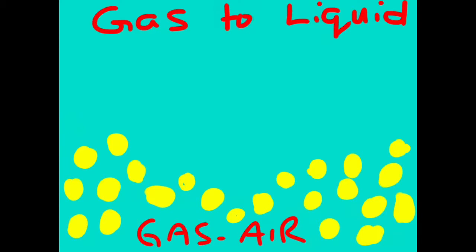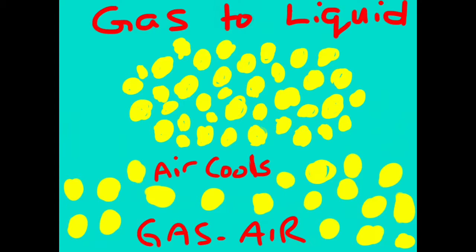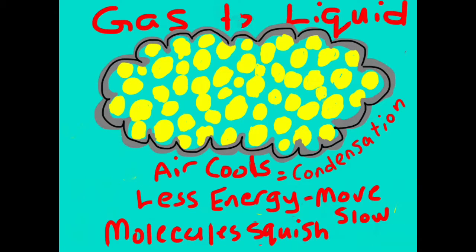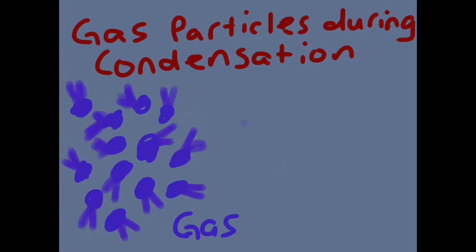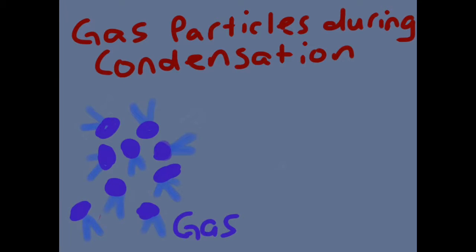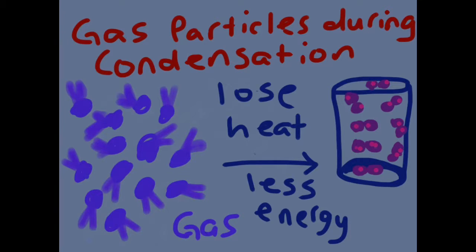If we want to get from a gas to a liquid, the particles would have to undergo a process called condensation. Condensation is when the gas loses energy and starts to cool down. When the particles rise, the particles bunch up, which form little water droplets. Before condensation, the water molecules have enough energy to defy gravity, which means that they could fly around. But when they start to lose heat, it means that they start to lose energy, which means that they start to crumple up and form liquid together.